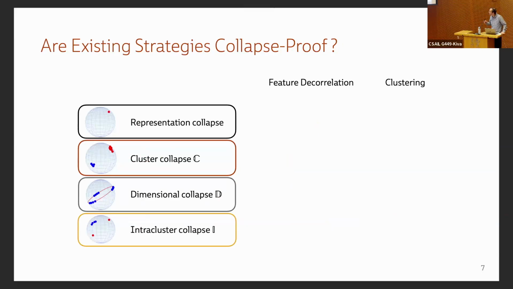Now, how do these classes map into this taxonomy of different collapses? Well, if you consider feature decorrelation methods, thanks to the capability of decorrelating the features, you can leverage basically the whole hypersphere, so you don't collapse to a single subspace. Whereas clustering approaches are good at dealing with clustering, let's say. But it's not clear what these approaches do for the other kinds of issues.